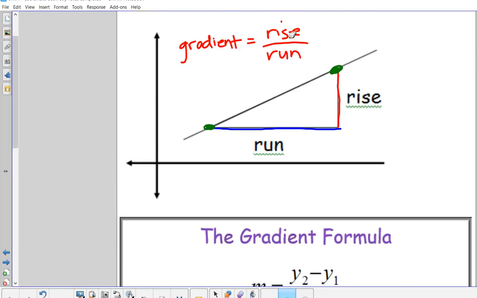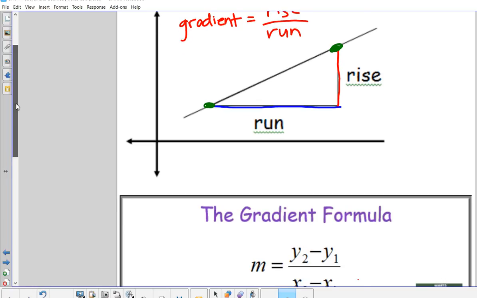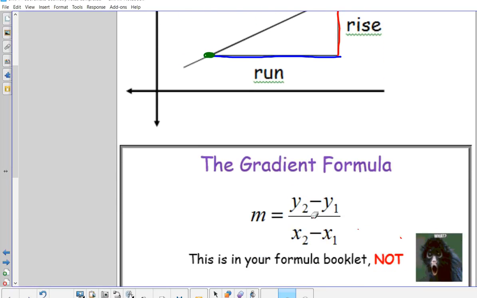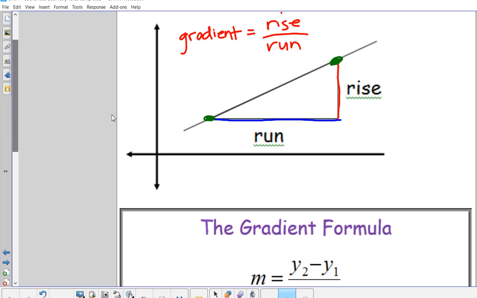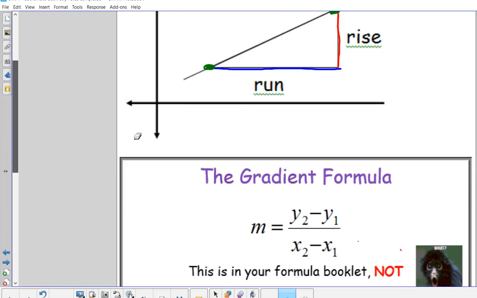This can also be written as a formula because if this is x1, y1, let's call that one x1, y1, and call this point x2, y2, you could say rise over run in a different way. The rise would be the difference in value between the two y coordinates. So if this one is 7, this one is 2, then 7 minus 2, so the rise is 5. That makes sense, doesn't it? So y2 minus y1, the difference in the y coordinates, gives you